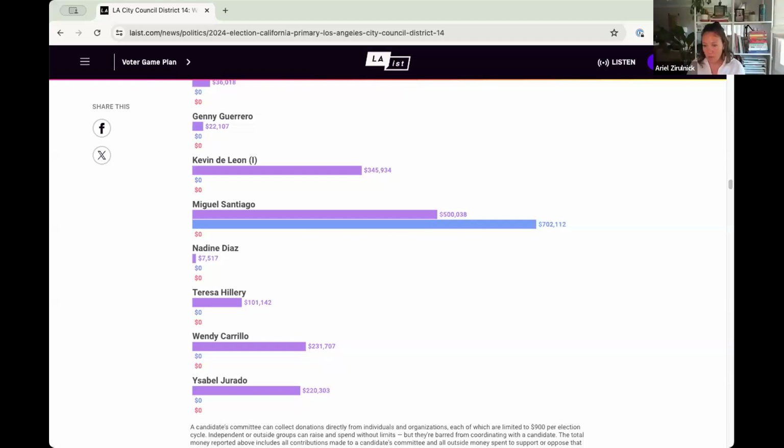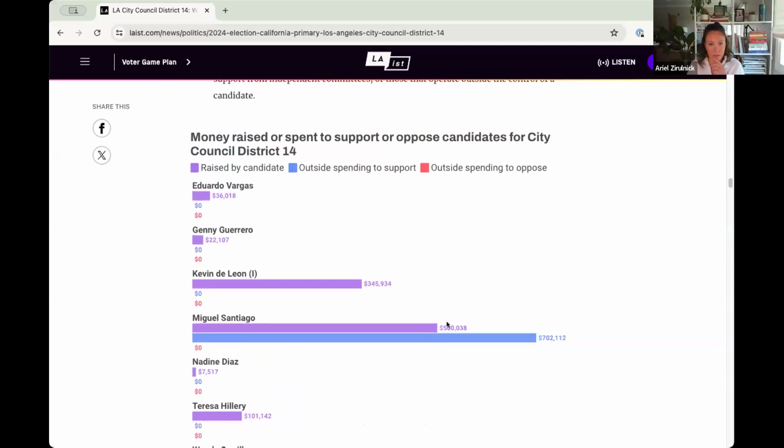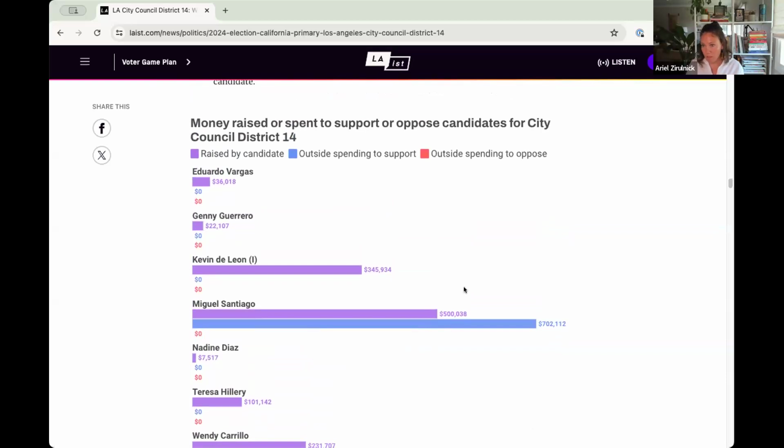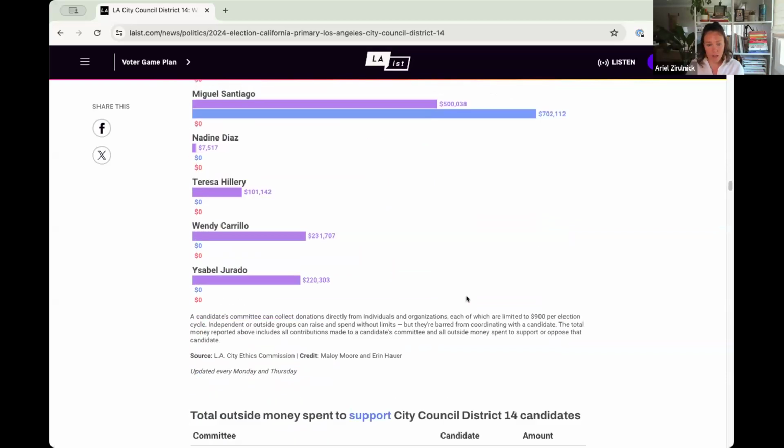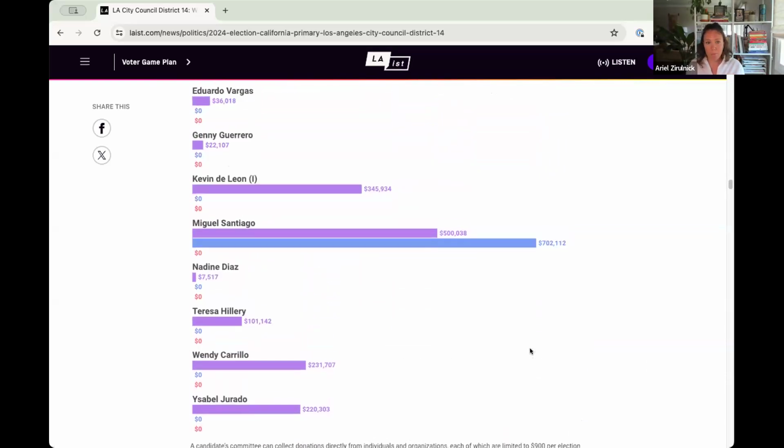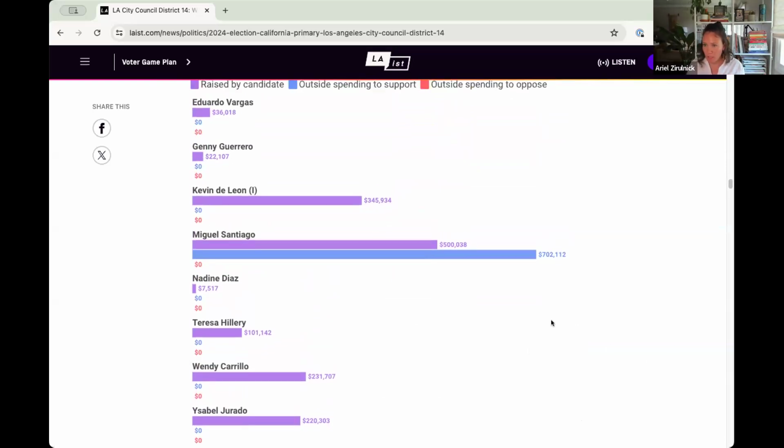Yeah, Francisco, I'll put up an example of how we handled this at LAist on the screen. What you see here is, for example, one of our city council districts. We use a data visualization tool called Flourish to do all of our data visualizations. It's not the cheapest out there, but it is really, really easy to work with. And so LAist had decided it was worth the expense. I will say that LAist is still figuring out the best possible way to approach campaign finance.